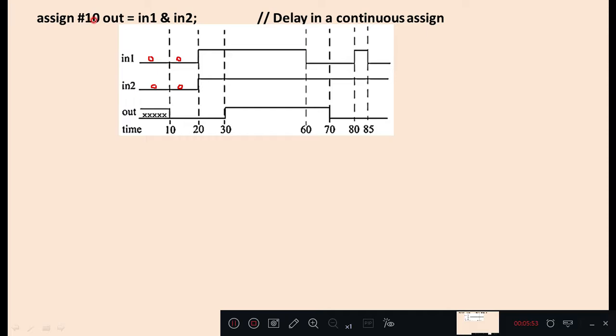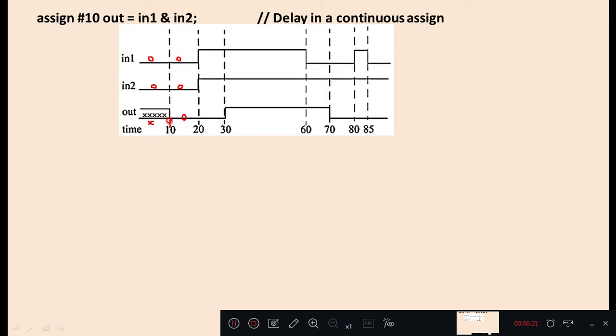It takes 10 time units to compute this value, which is 0, and it takes 10 time units to assign. At time 10 the output will become 0, based on these values. Till then, before 10 time units, what is the output? It is unknown, x. For this duration, the output is unknown. So on the simulation window, you will get x.